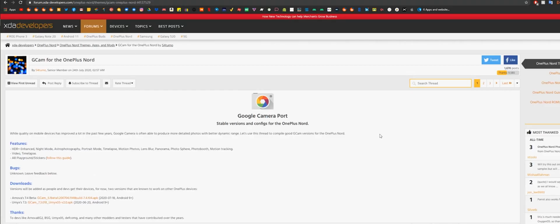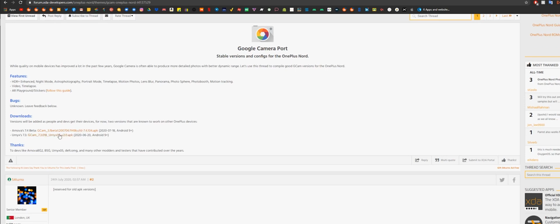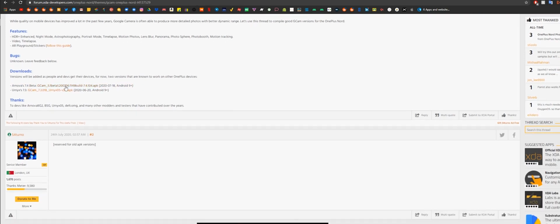But in the description you'll have two particular mods itself, but in that I would recommend you guys to download the beta 5.1, which I have right over here. So I'll put an individual link for this particular Gcam in the description down below as well if you want. So this is the stable one that I have found pretty much as of now, but if I find any other stable Gcam mods, I'll definitely post that in the description in the future.